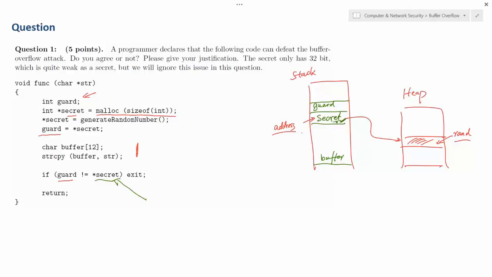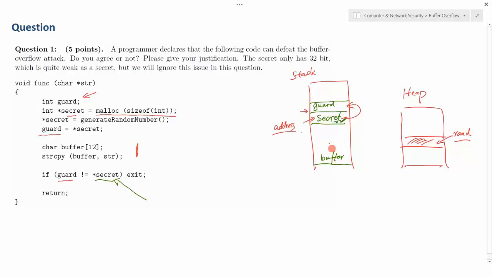So think about this. The secret contains an address and is also on the stack, right? Now, I cannot let this point to the heap one because I cannot guess this. But if I can overflow this field, I can actually let this pointer point to the guard. I can find these addresses.